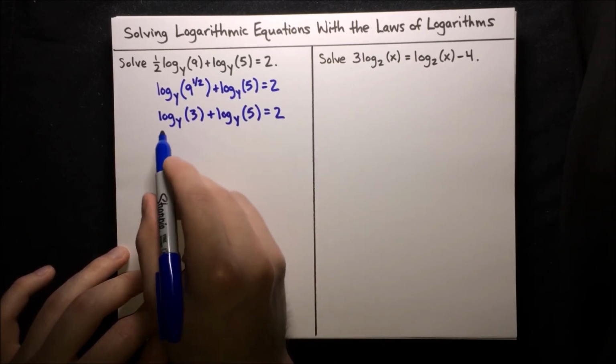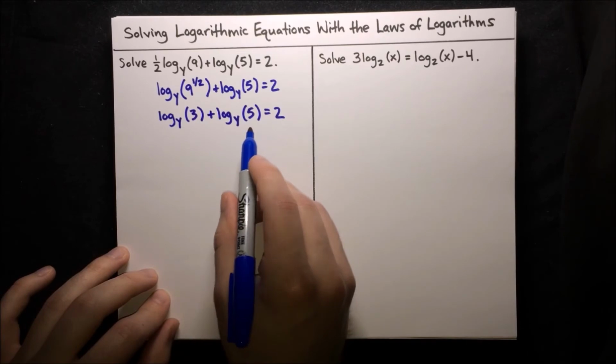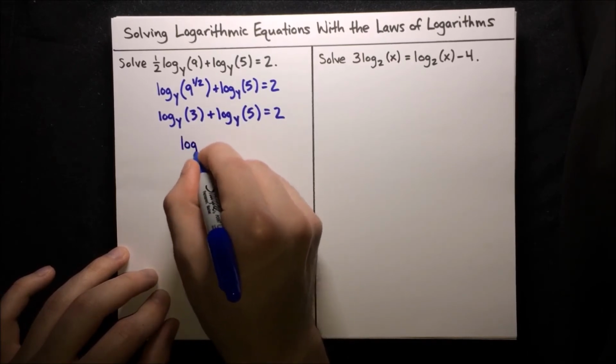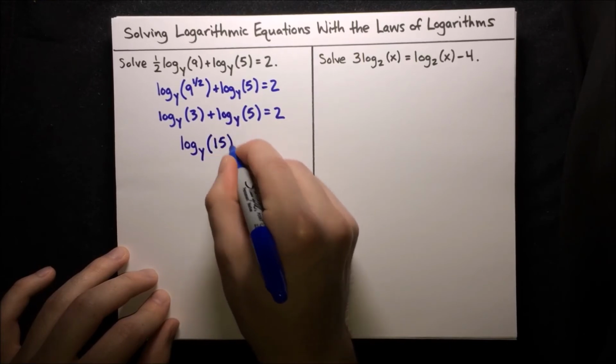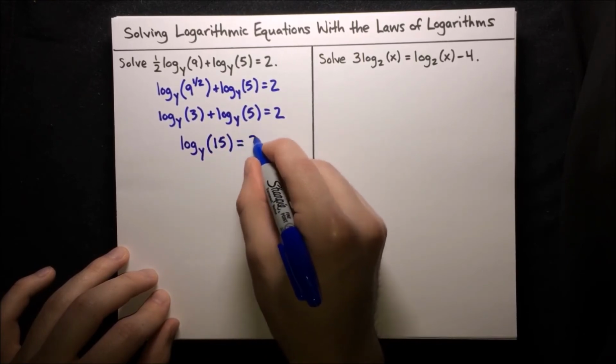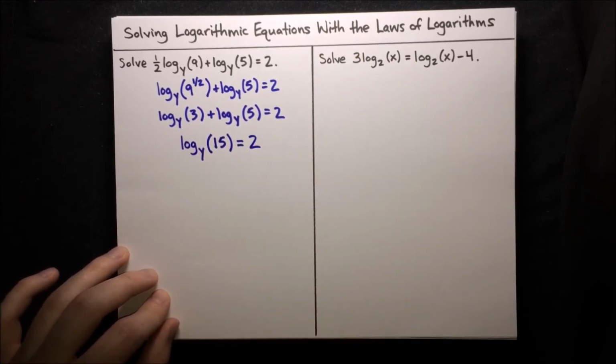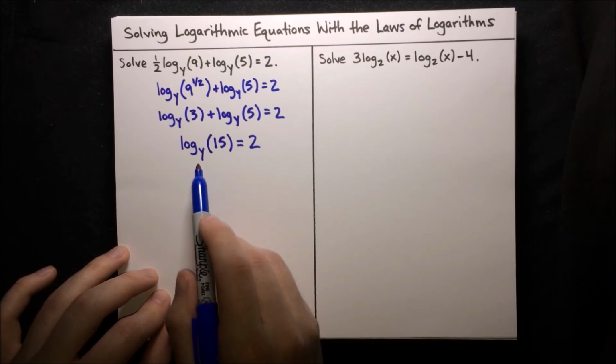So we can combine log base y of 3 plus log base y of 5 into log base y of 3 times 5, which is 15. And then the right-hand side stays the same, that's just 2. Now we want to get rid of that logarithm. The way we've been doing this is by raising the base of the logarithm to the power of both sides